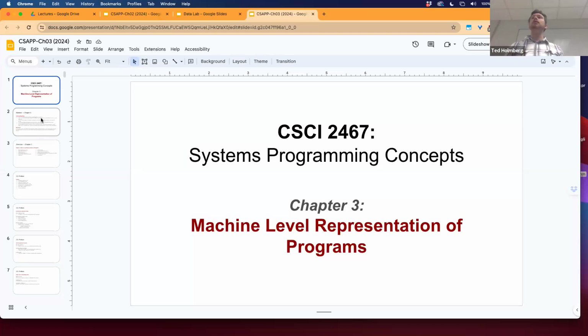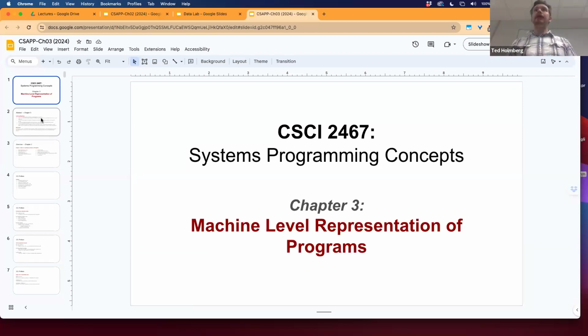We examined the flow of a hello world program through both software and hardware. Then in chapter 2, we zoomed in on how we represented that data